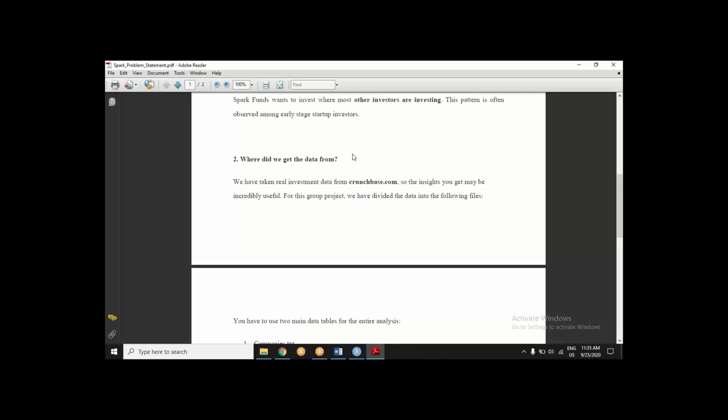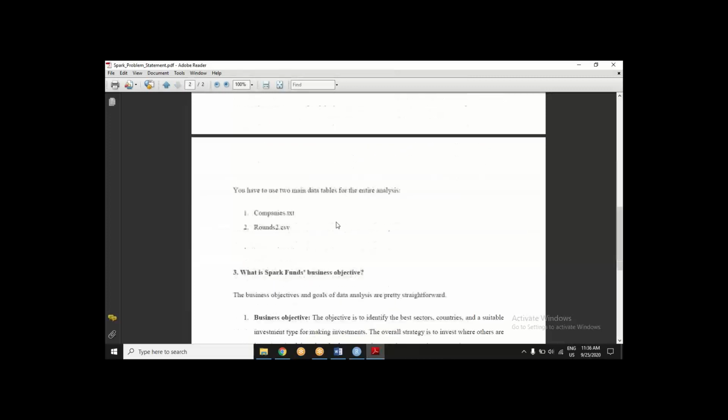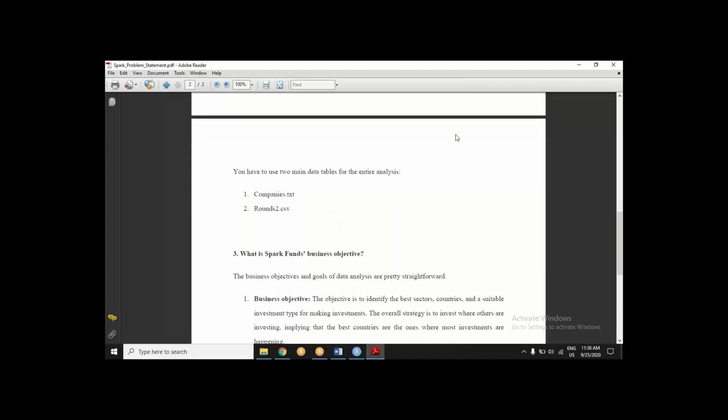So this is your first taste of coming across a real-life data set. There are two files. Now you don't need to read everything in R. What you will need to read in R are these two data sets.